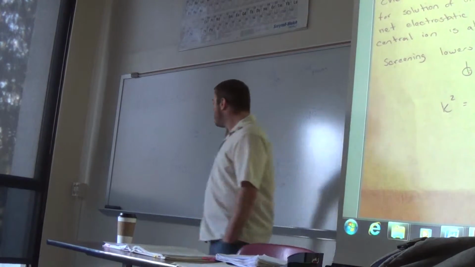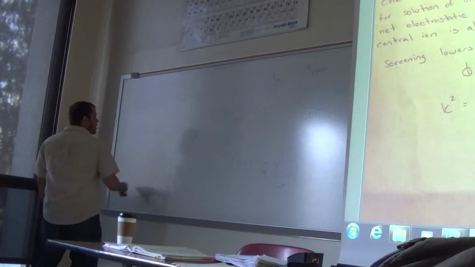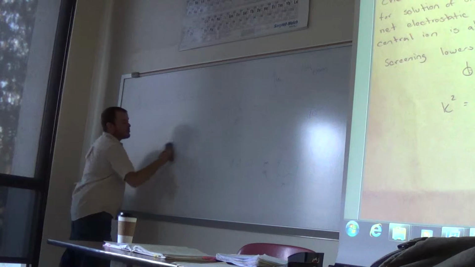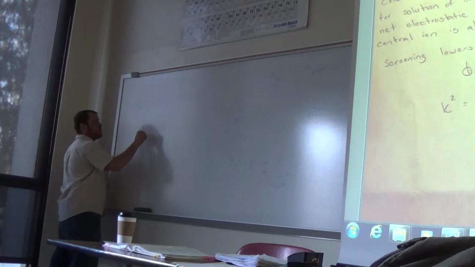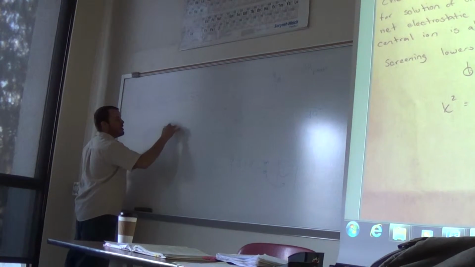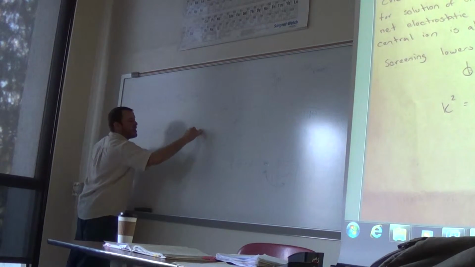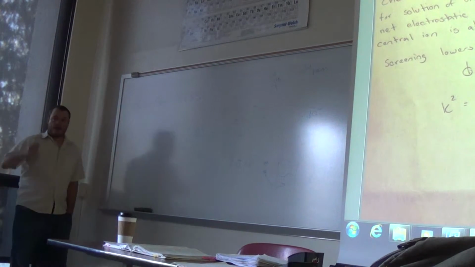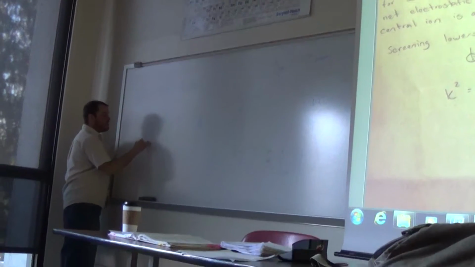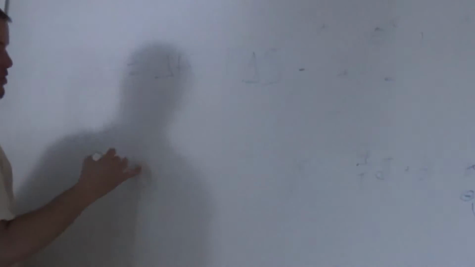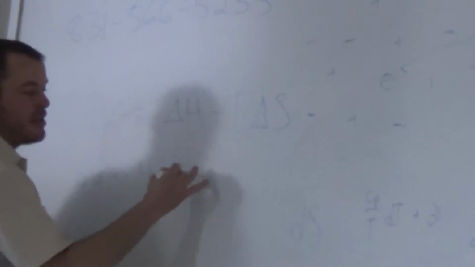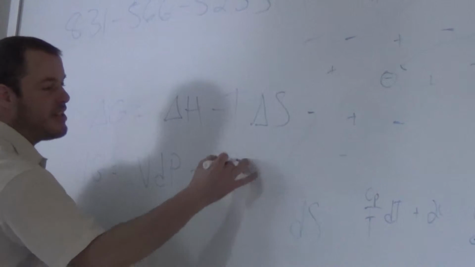Let's get away from entropy for a second, and let's go to the Gibbs free energy. So the Gibbs free energy, delta G equals delta H minus T delta S. Now, we had a total differential for G. We said dG was equal to VdP minus S dT. I could ask you a question about how,